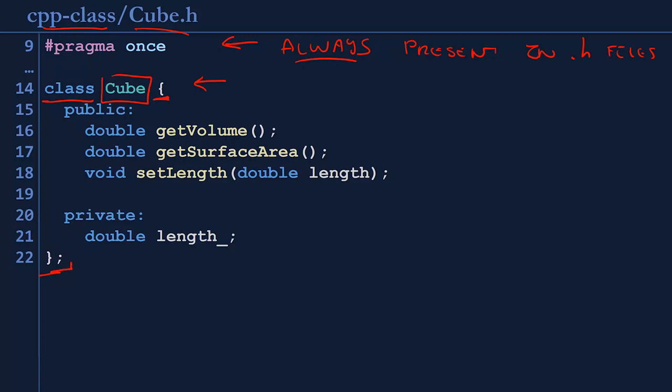The last thing to notice about this is the class always ends with a semicolon. The third thing to note is there are 2 different protection regions in the class, and all of the variables and functions are defined within those protection regions. On line 15, you'll see we have the public protection region, and on line 20, you see we have the